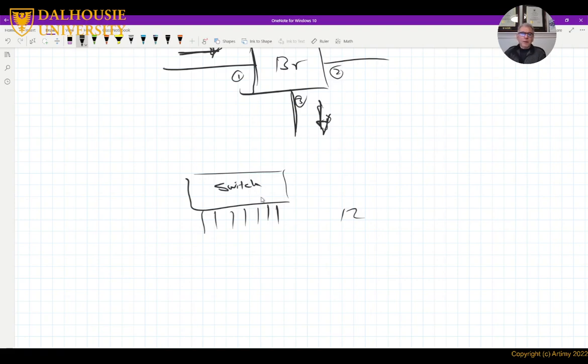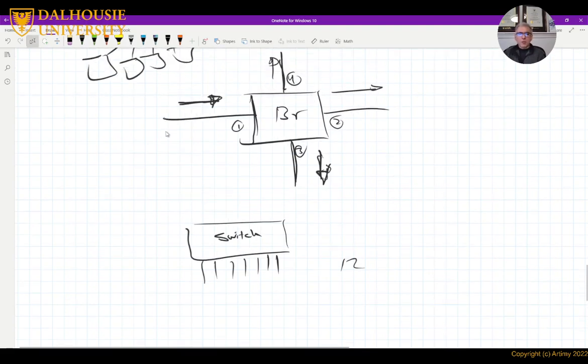Actually, if you look at the IEEE standards, there is no mention of a switch. There is a mention of a bridge. The switches are just bridges with multiple ports, right? So how is the bridge different from the hub? If this network is 10 meg and this network is 10 meg, now we have two networks, each one of them with 10 meg.